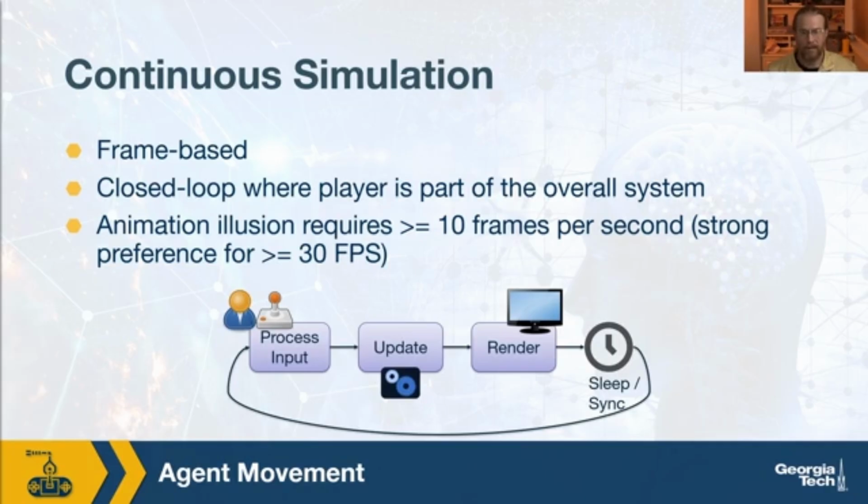So for continuous games, we want this to be very quick, running at greater than 10 frames per second, usually at minimum shooting for 30 frames per second. So even a discrete game would run a loop something like this. If it's a turn-based game, there might be an interruption while we wait for an input, and then that would